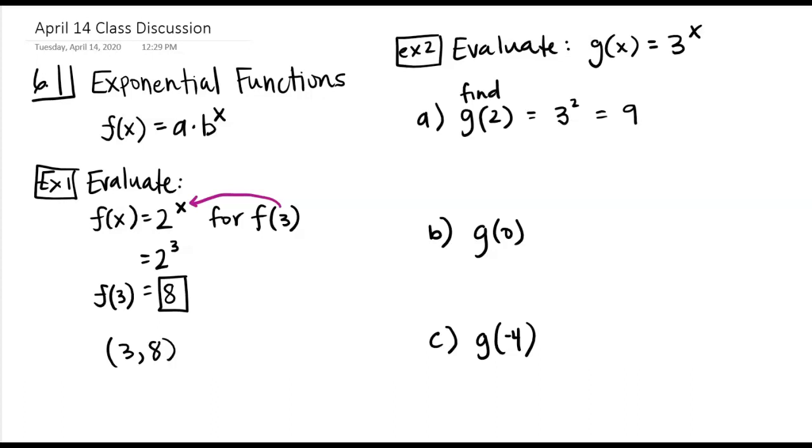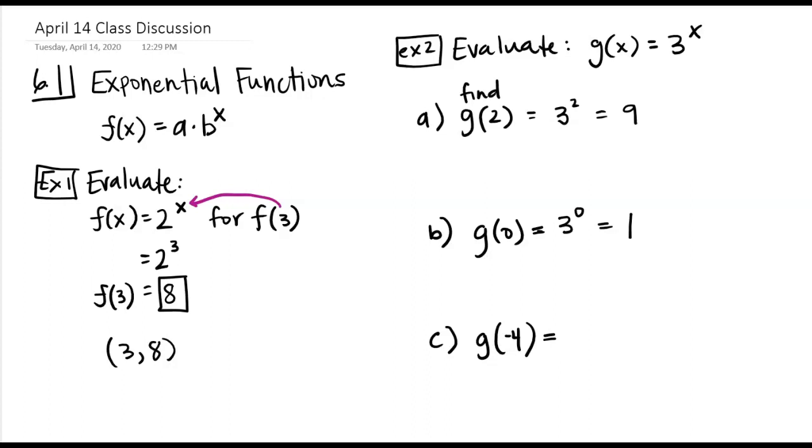Okay, so on that first one, you're just putting 2 in place of your x. So 3 squared equals 9. So that one's not too bad. On the second one, you're putting 0 in place of x, so 3 to the 0 power. Anything raised to the 0 power, you've got to remember, is 1. But this one, I want you